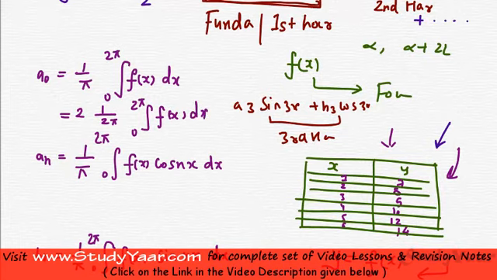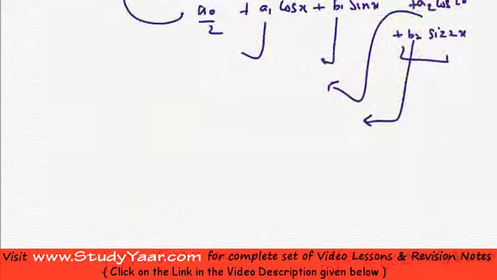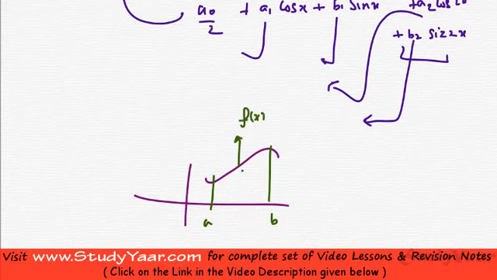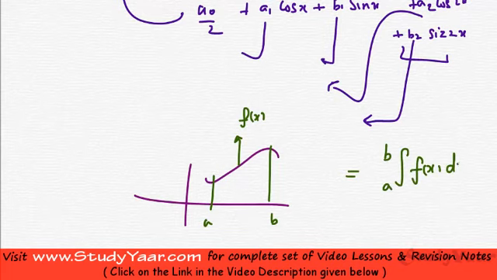Now, if you know the average value of a function between 2 points, let's say a and b, if this is your f(x), then the average value of f(x) between a and b is equal to integration a to b f(x) dx upon b minus